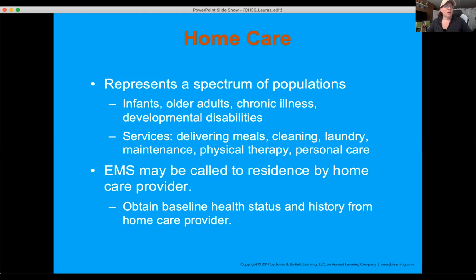We talked about already patients who have home care, home health. Sometimes they're lucky and they have the same healthcare provider all the time. Sometimes it's different people depending on the agency that they might use that are in that house. But always look for where they keep the notes, because the notes, again, help you do your detective work. Paint a picture: what medications this patient's been on, what's been going on lately with this patient. Look through those notes to find out what's changed today, help establish baselines, things like that.